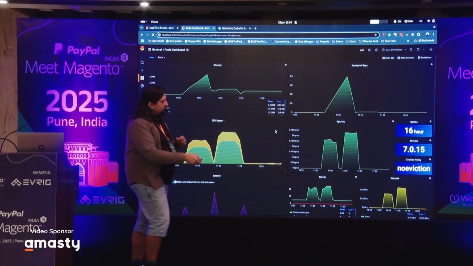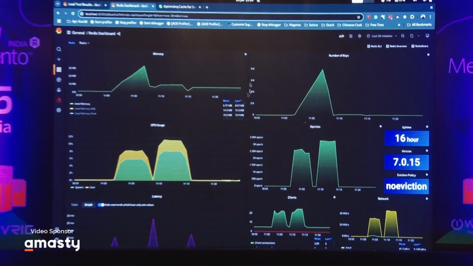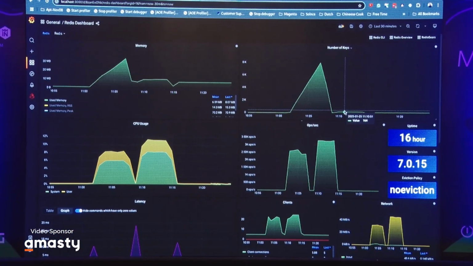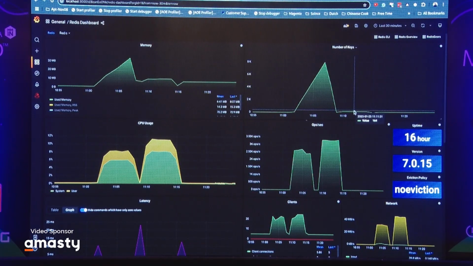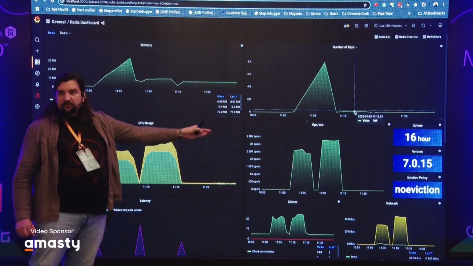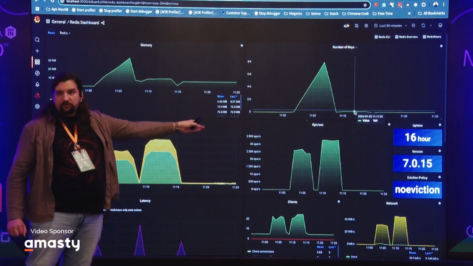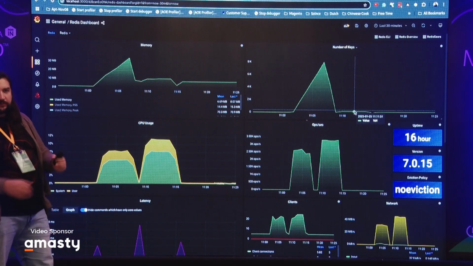Because what you see here is 164 total cache keys, and under those numbers, with this size of Redis storage, Magento was performing better in response time. The most important thing: use a profiler.